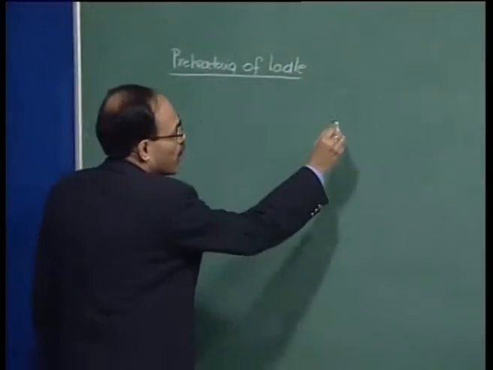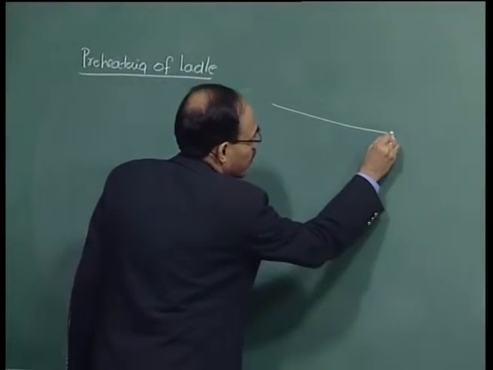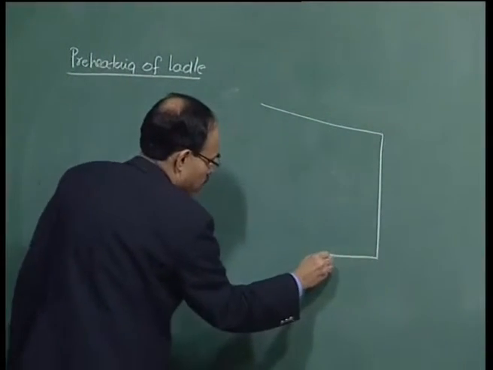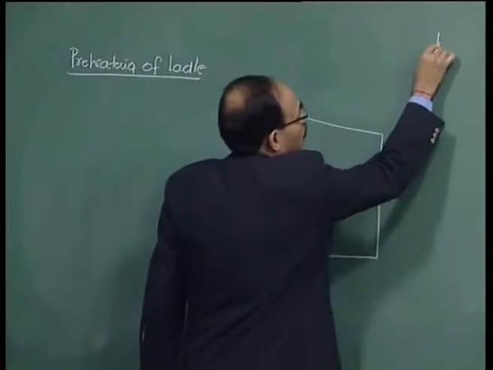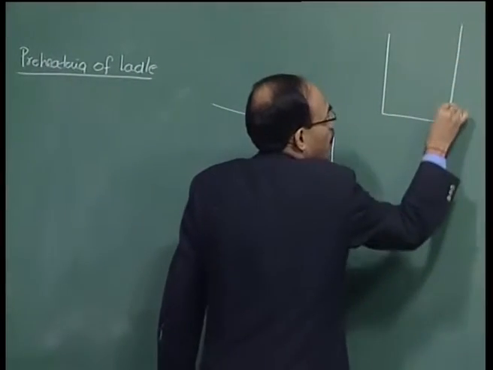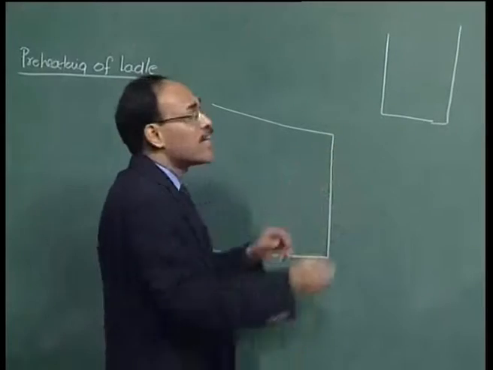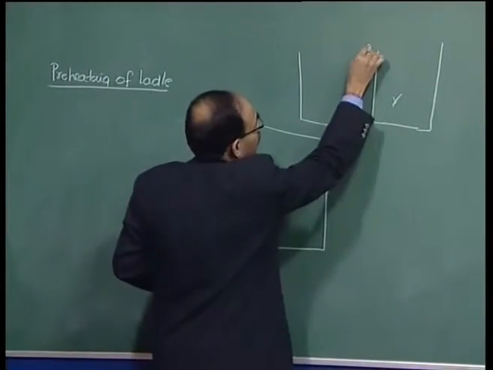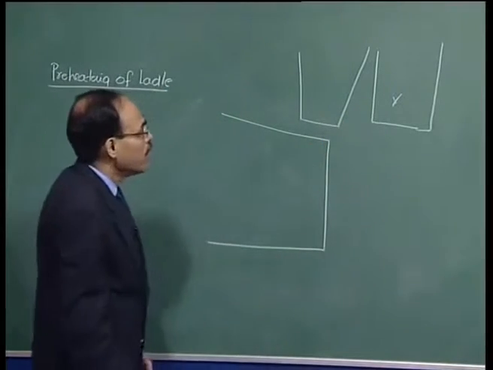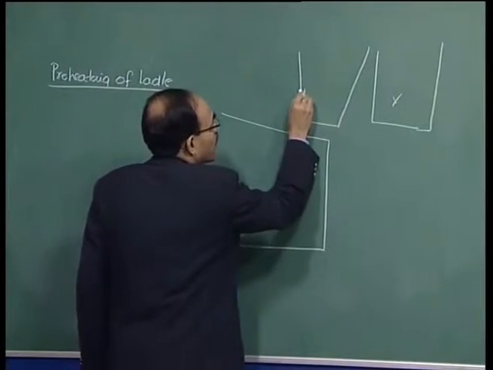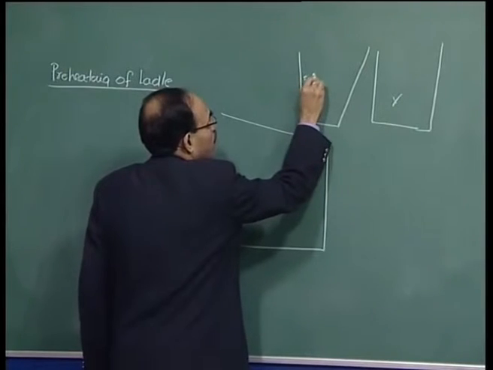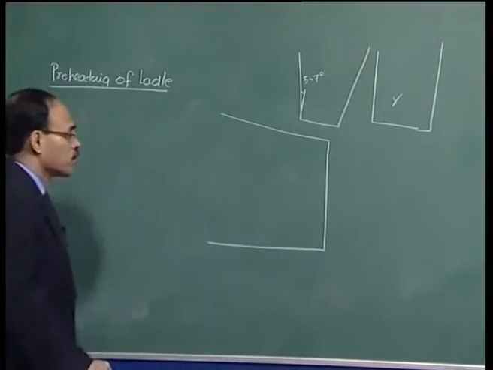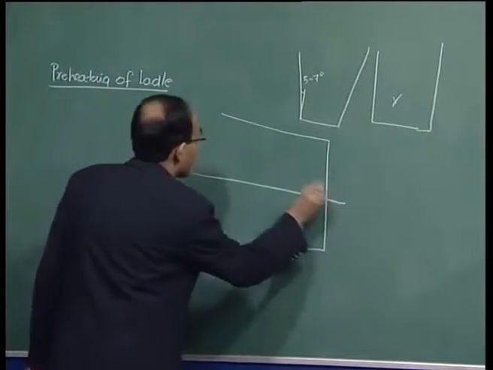So, you can imagine, I have drawn the ladle so far as a perfect cylinder, but please note that ladles are rarely perfect cylinders; they are marginally tapered. My drawing may not be that good, but the tapering we are talking about in a ladle is about 5 to 7 degrees.